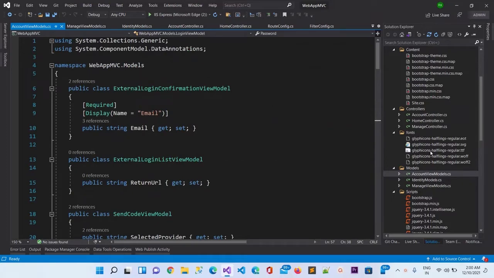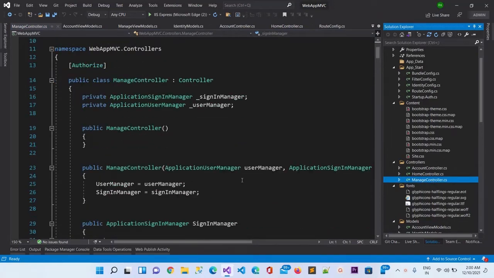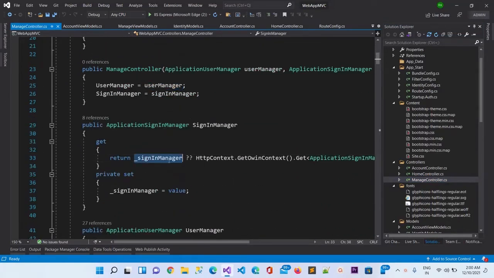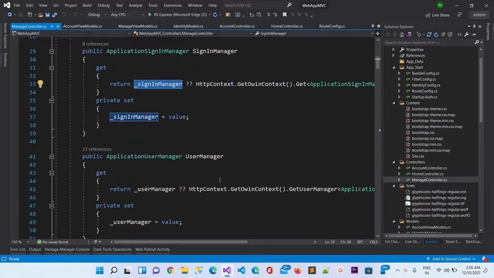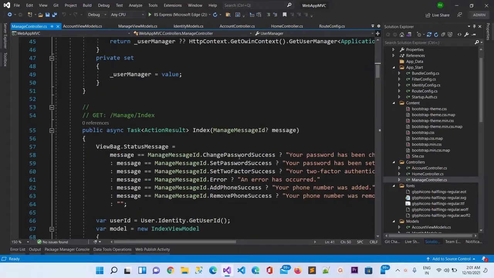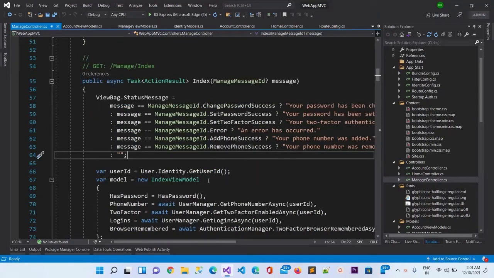The next thing is the manage controller. Inside the manage controller we can see it has also implemented the user manager, and the sign in manager is called. This is the controller, and this is the index action method inside manage. The view message status is, I think, for the validation on the UI.